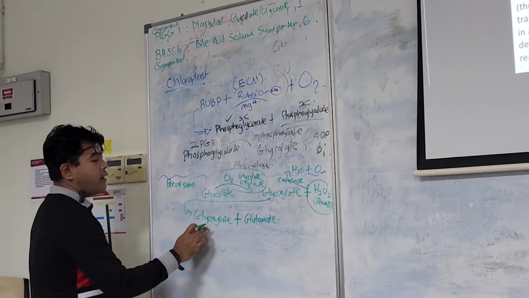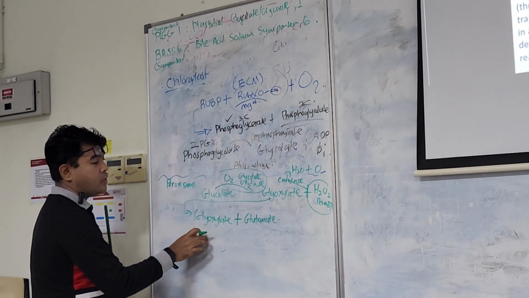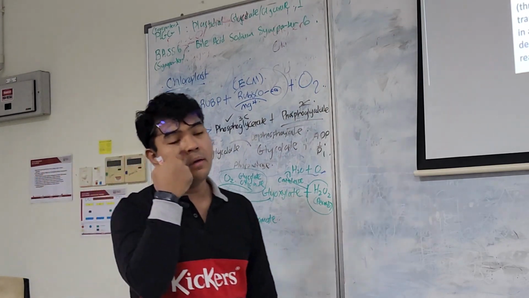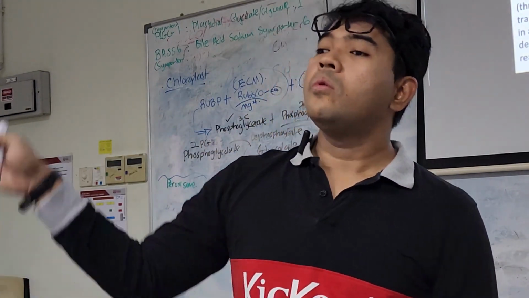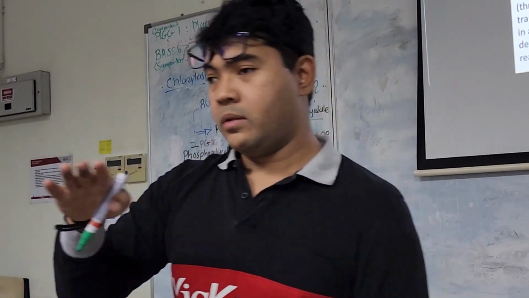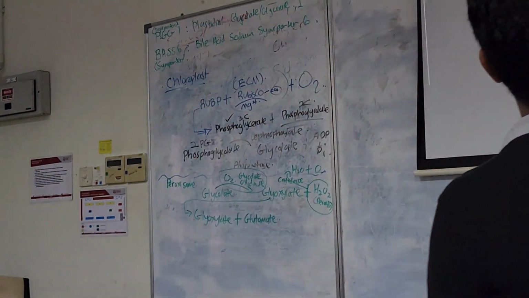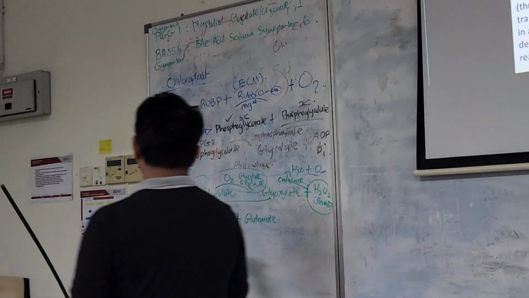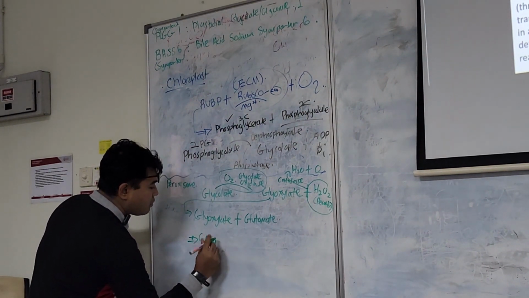Okay, glutamate, and this is a special process because it uses one amino acid to make another amino acid. So in this case here, glyoxylate reacts with glutamate in order to produce glycine